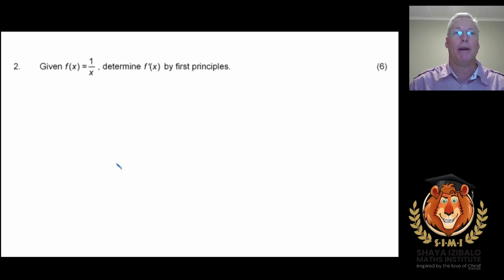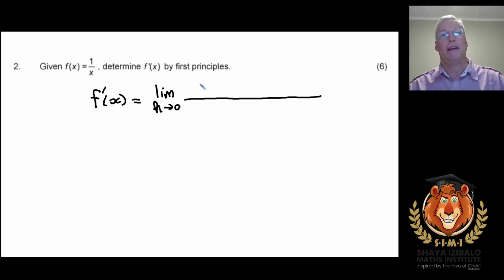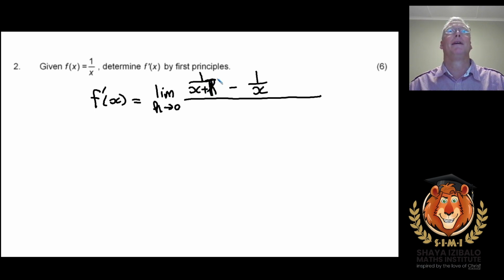All right, similar one, also differentiation by first principles. I'm not going to write the formula down again. I'm going to dive straight into this one. So f dashed of x is going to be the limit as h approaches 0 of, now I'm going to put x plus h in where all the x's are, minus 1 over x. So this is f of x plus h over here, and this is f of x,